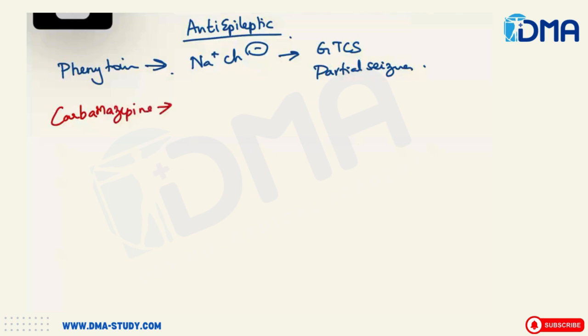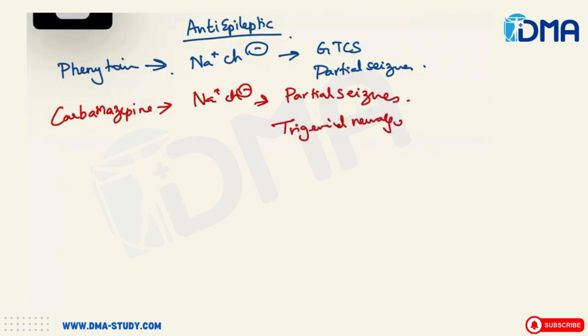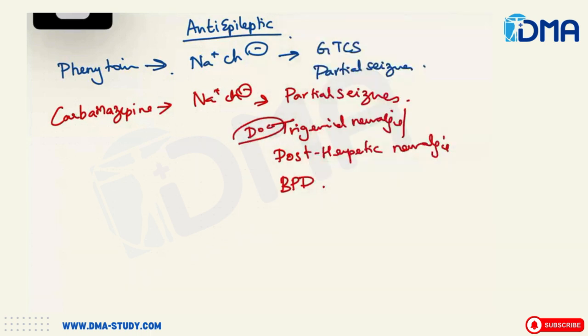Carbamazepine. It is also a sodium channel blocker. It is used in the treatment of partial seizures. What is the problem in which carbamazepine is a drug of choice? Trigeminal neuralgia, exactly, and post-herpetic neuralgia. Even in bipolar disorders, carbamazepine may be used, but the main drug of choice would be